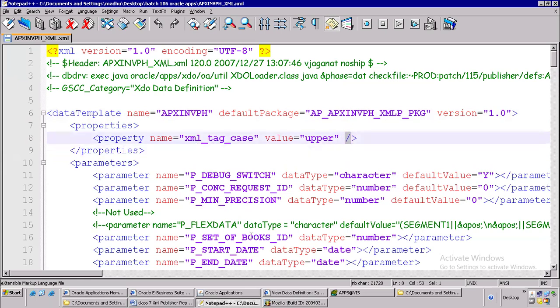These are all XML tags, right? So we have to make them uppercase here. This is purely optional. If you want to display all the tags in uppercase, you can go with this. The second one here is